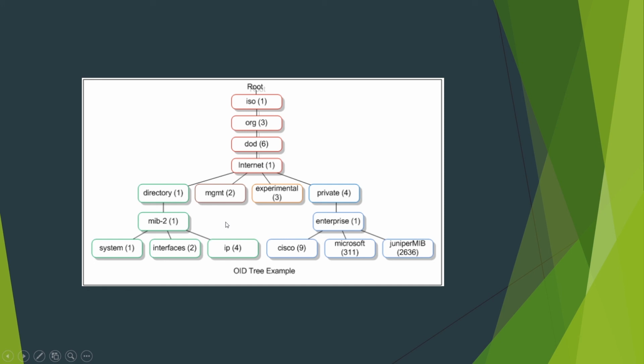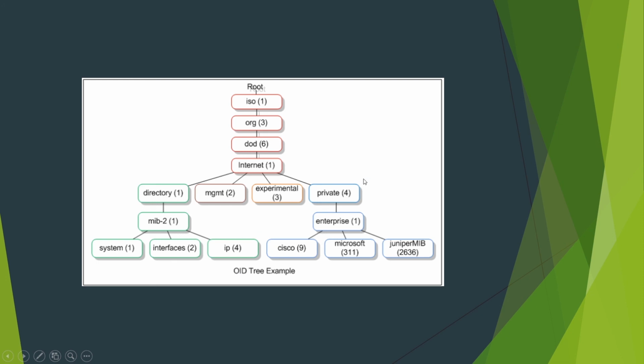One more thing I want to tell you is that there is another translator called the MIB, and what it does is store the translations for these variables. So if I pass 1.3.6.1.2.1.2, it gives me interfaces, so I can check these translations for this OID tree, that is, the object identifier tree.